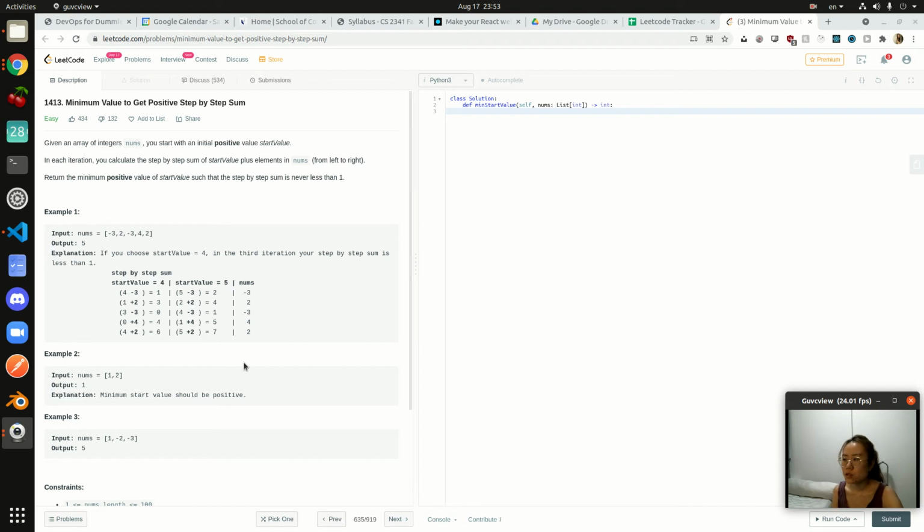We're looking at question 1413, minimum value to get positive step-by-step sum. So what this question is asking for is to return the minimum positive value of start value such that the step-by-step sum is never less than 1. So in this example, we can see that